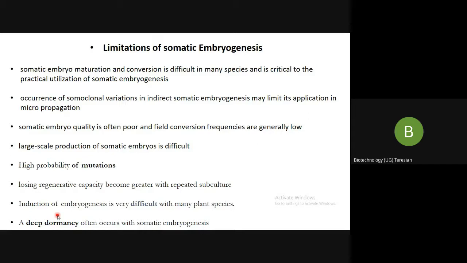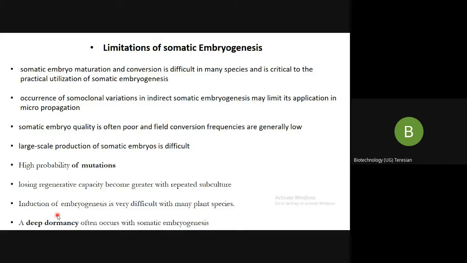See, I told you more than 500 species protocols have been developed, but still for some of the species we are not able to produce any protocols. There is severe failure in the experiments. For example, the date palm. We are trying to grow this date palm in our country. It is still a problem because we are importing it. We can't produce it. We don't have protocols which are efficient.